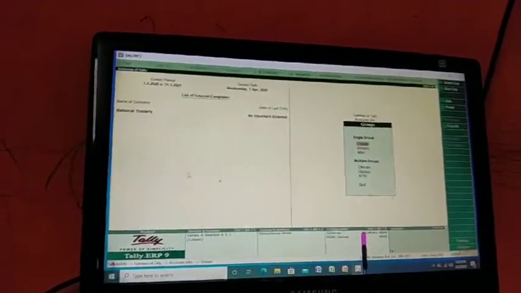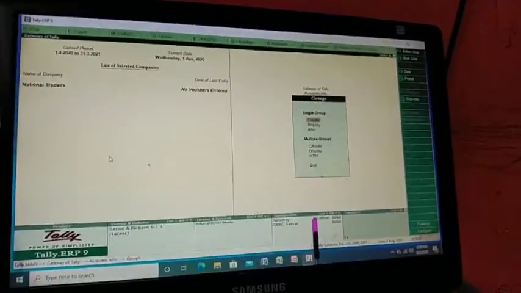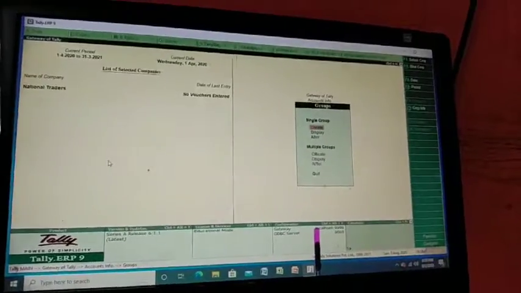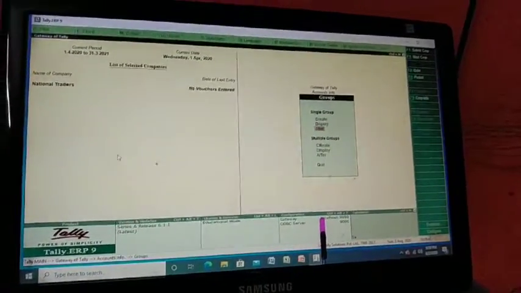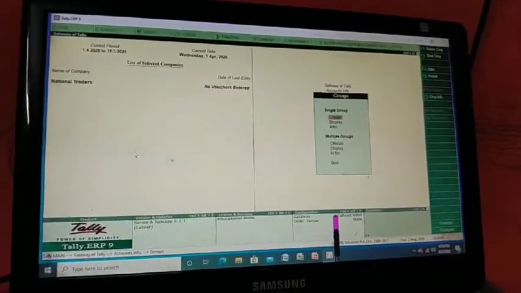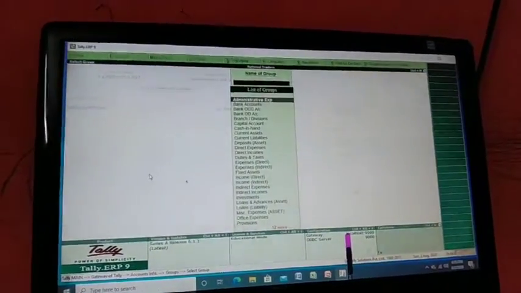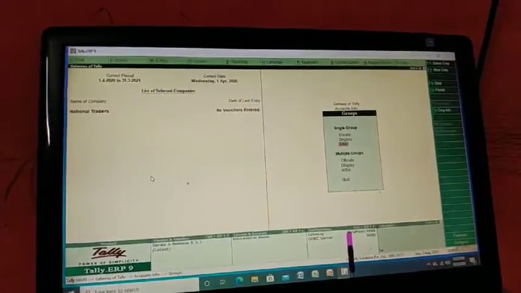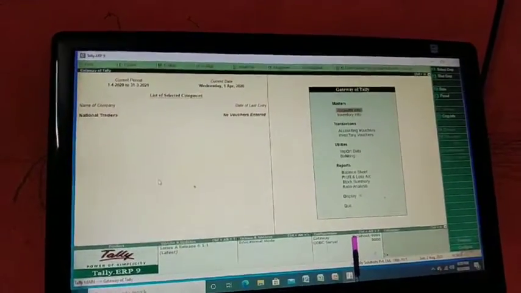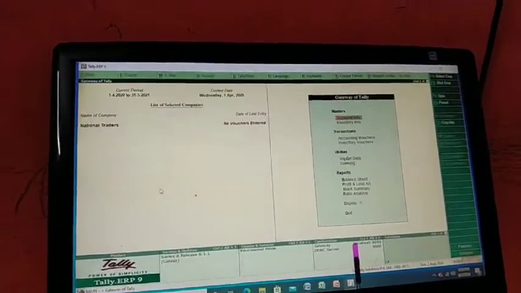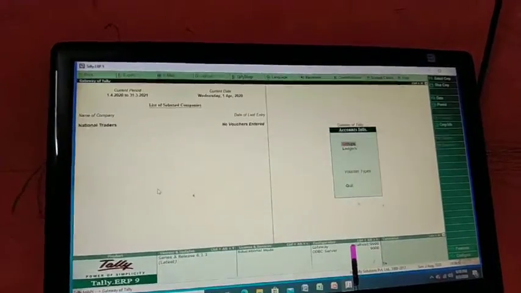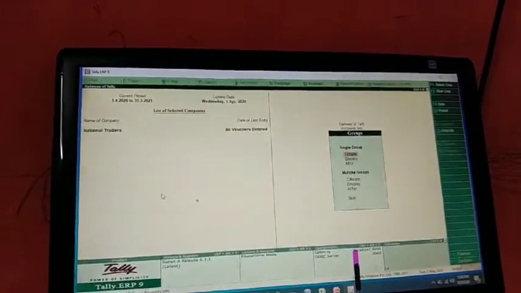Now one more thing we have to study. If you have to delete any group, if you do not want to keep those groups, we can delete them. How can we delete a group? From Gateway of Tally, go to Accounts Info under Masters, go to Groups.